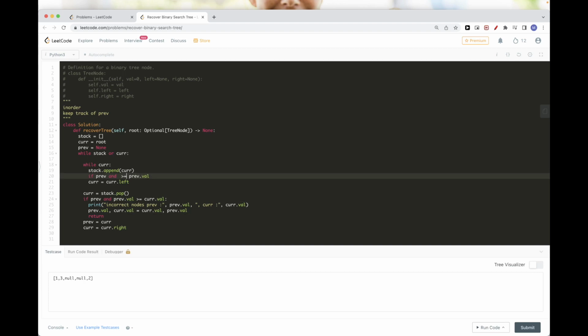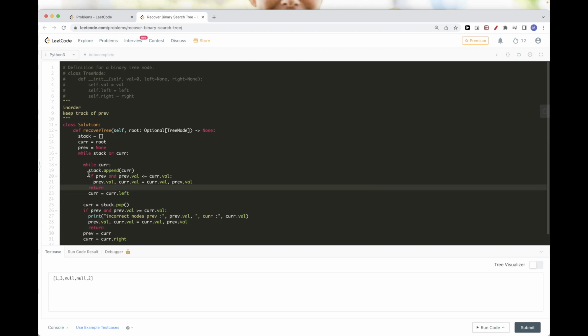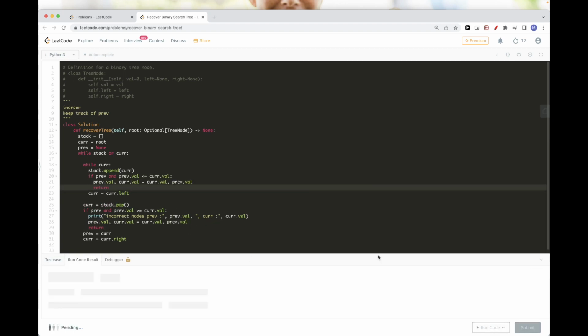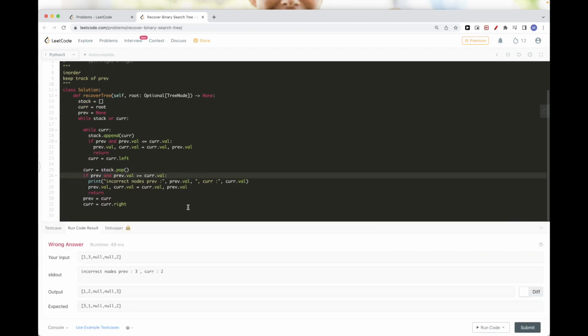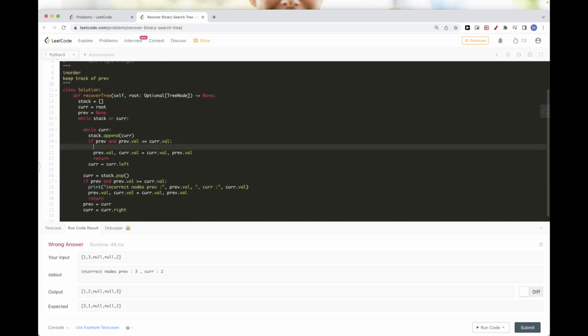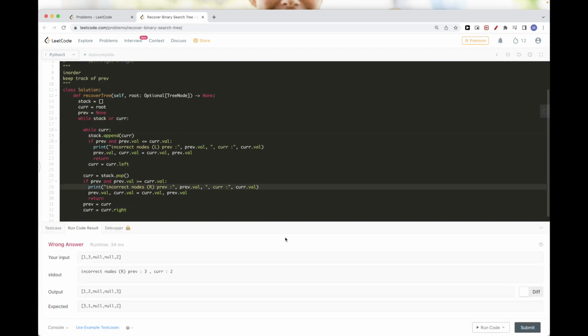So if the previous one is smaller or equal than the current value, then we need to swap and return. Still it. Okay, I didn't assign previous here. So previous here would be equal to